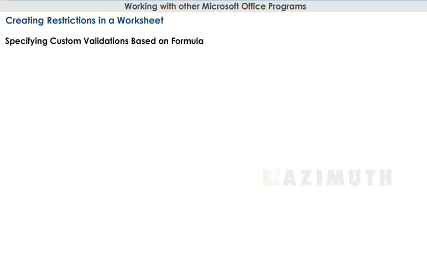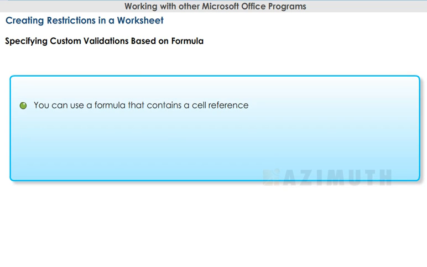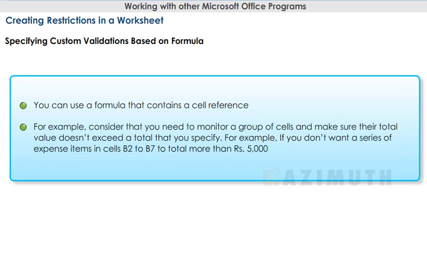Specifying custom validations based on formula. You can use a formula that contains a cell reference. For example, consider that you need to monitor a group of cells and make sure their total value doesn't exceed a total that you specify. For example, if you don't want a series of expense items in cells B2 to B7 to total more than 5,000 rupees,